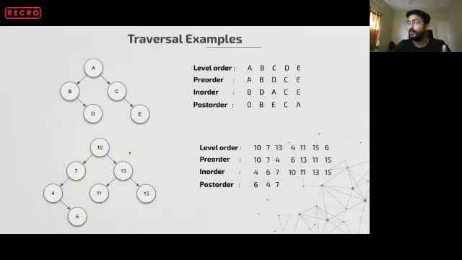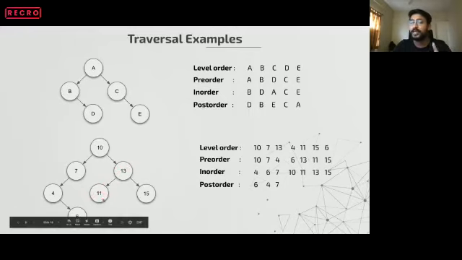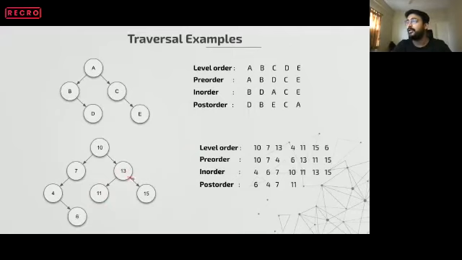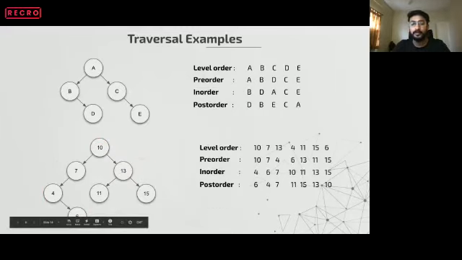Correct. So we land on 13. 13 is our new root, but we cannot process it yet. We go to left child of it, which is 11. So 11 does not have a left child and right child. So it's time for 11 to be processed. Again, we cannot process 13 yet. We go to right child of it, which is 15. So 15 does not have a left and right child. We print 15. Now for 13, left and right child are done. So we can print 13. Now for 10, its left child and right child are done. We can process 10. Correct?